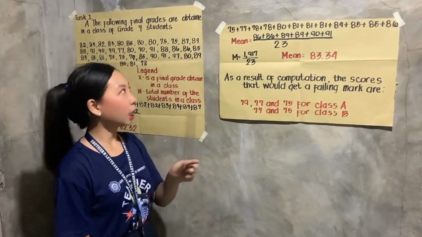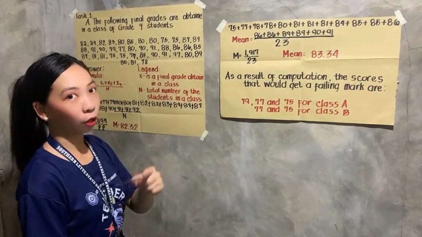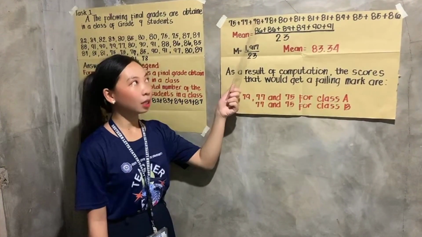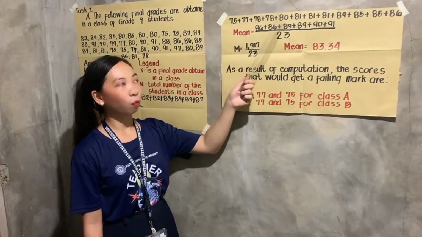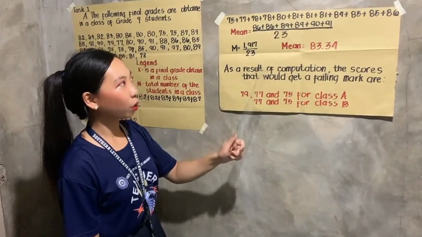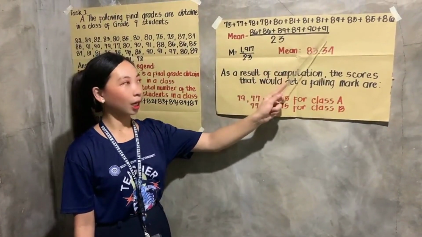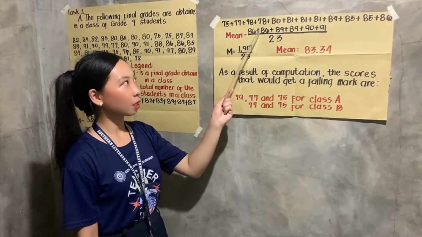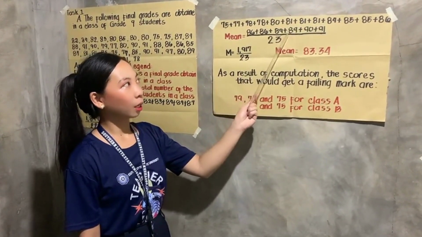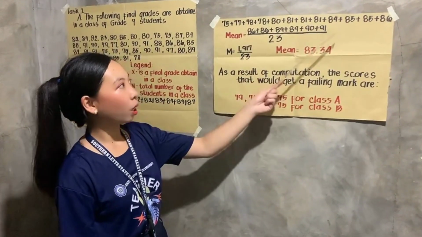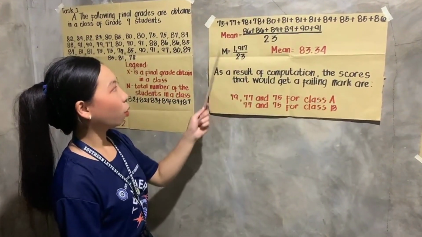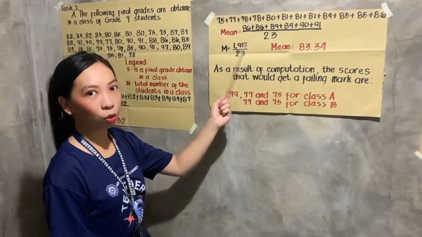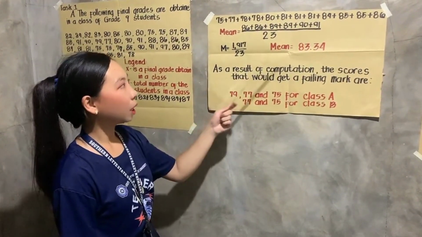So their grades started from 75 plus 77 plus 78 plus 78 plus 80 plus 81 plus 81 plus 81 plus 84 plus 85 plus 85 plus 86 plus 86 plus 86 plus 89 plus 89 plus 90 plus 91. That will be a total of 1,917 divided by the total number of students, which is 23. The mean is